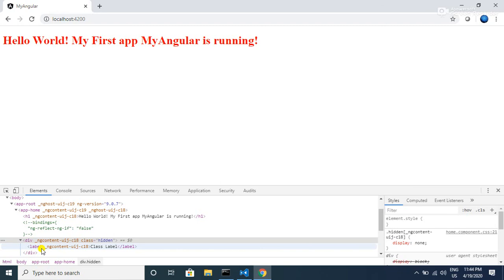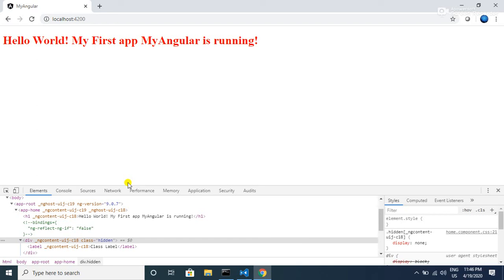When the component or the element which we are hiding is too big, then it consumes considerable computing resources and it will degrade the performance unnecessarily. Whereas with ngIf, as it is destroying the element itself, it frees up the resources, which results in a better user experience and also better performance. So when you want to hide a large component or a large element, then consider ngIf rather than showing or hiding using the class binding or the style bindings.